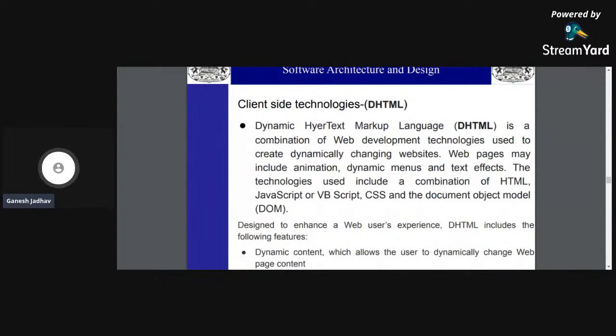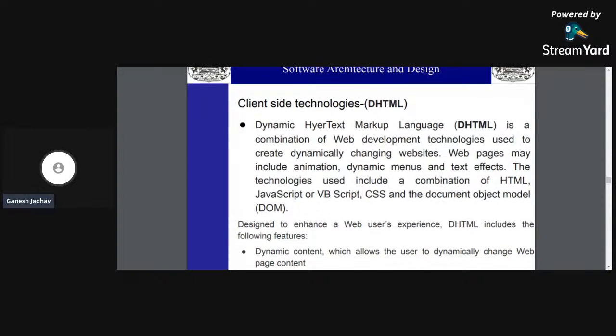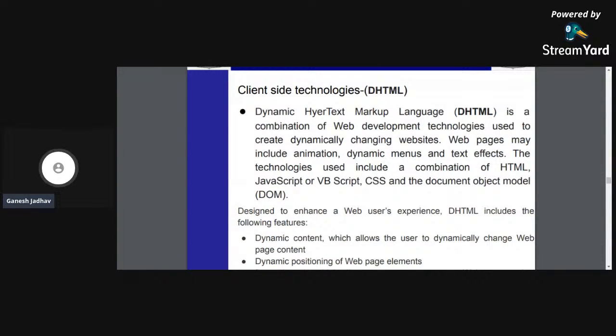Then another one is client side technology. Another technology is DHTML. So what is DHTML? Dynamic hypertext markup language. Okay, what is the dynamic? It is the combination of web development technologies used to create dynamically changing websites. You can give many effects or animation to the web page also. Web pages may include animation,